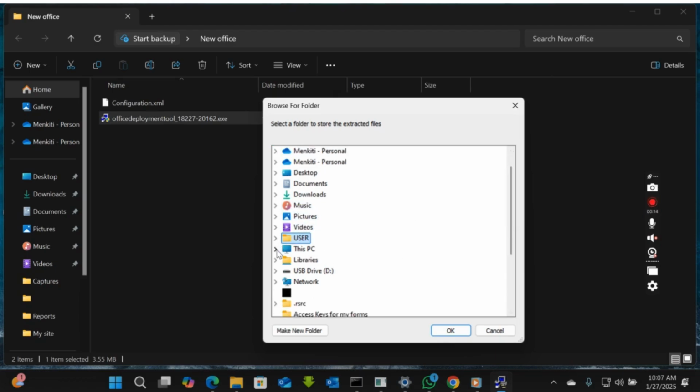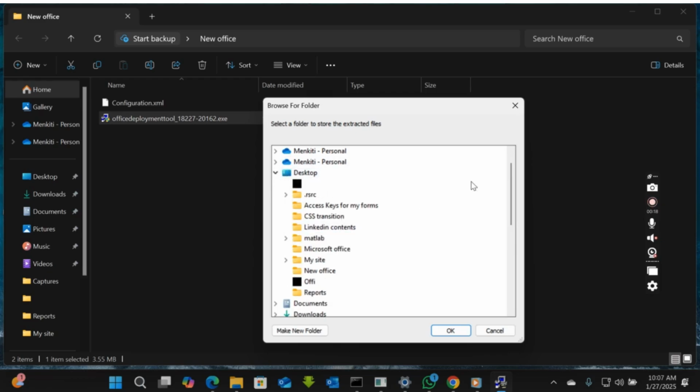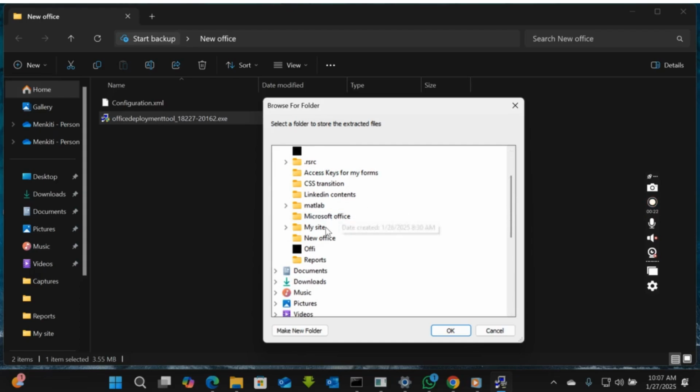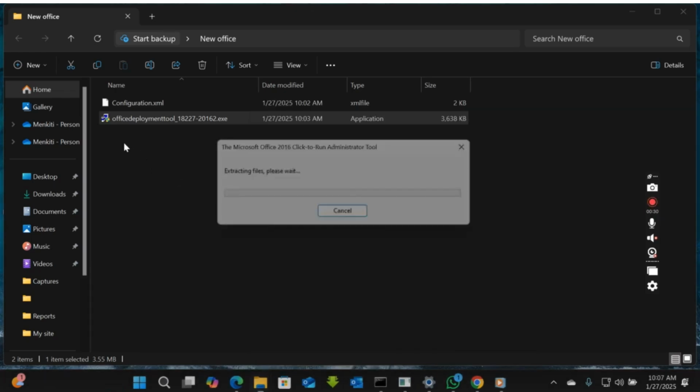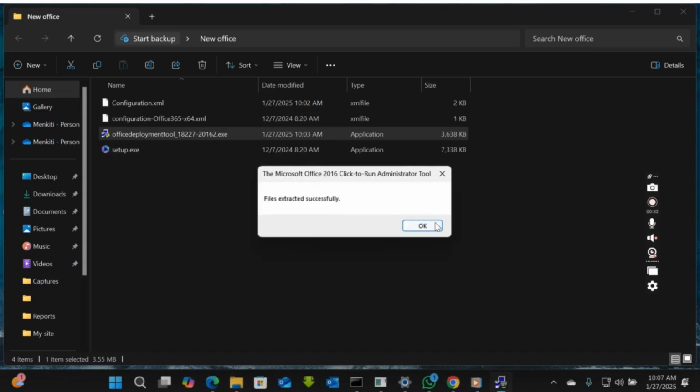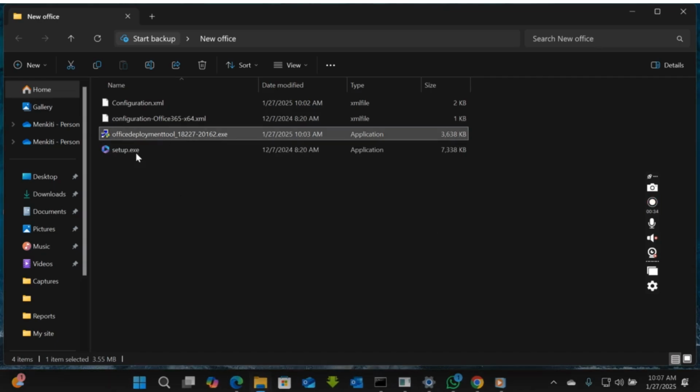So we're just going to come to desktop because we want the whole files in the same folder. So we'll come to New Office, which is this, and then we click OK. We're going to see the whole extraction here. Yes, files extracted successfully. So now that we have the setup file here, which is what we're looking for,